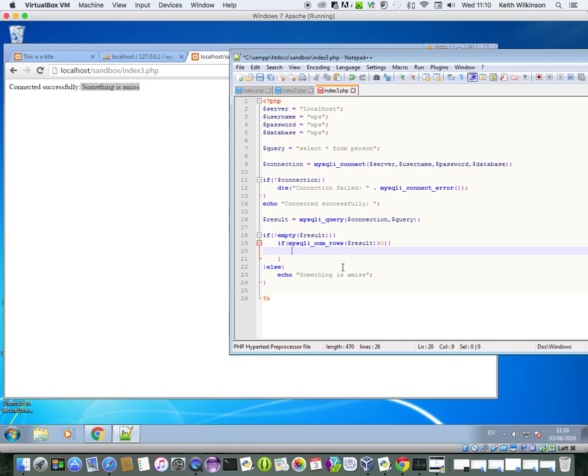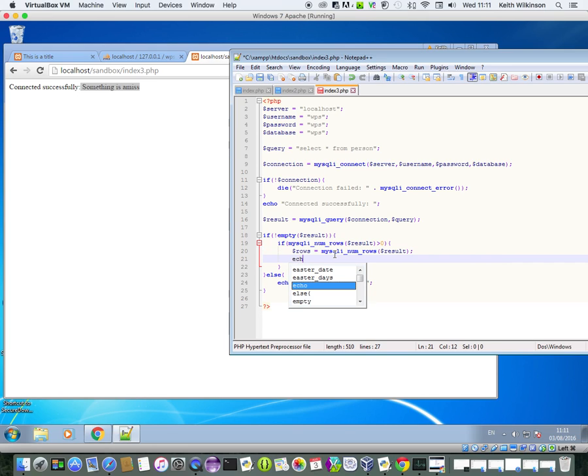First thing I'm going to do is get the number of rows. So I'm going to have a variable called rows equals, and I'm going to use exactly the same command that I've done here. So I'm going to copy that and paste it here. So I've checked to see if it's more than 0. If there is, I'm going to find out how many there are. And then I'm going to write a message out to the screen, just so you can see what's going on. So echo